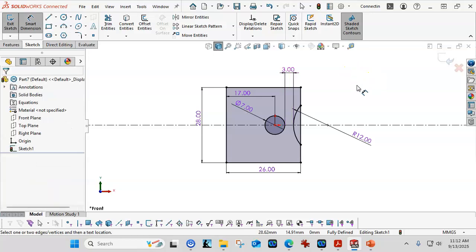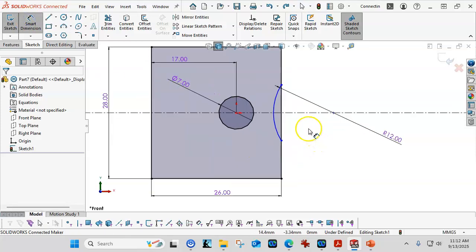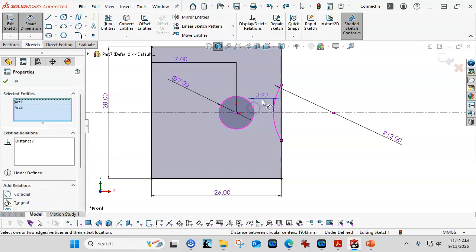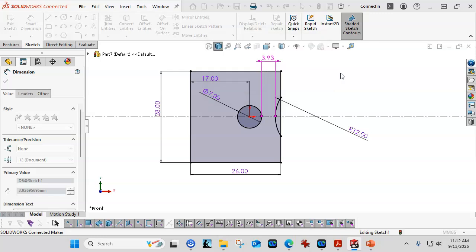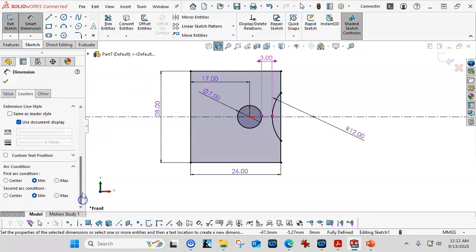All right, the shortcut, should you decide to go that way, is that when you are applying the dimension, if you hold down the shift button, it will go min, min, or max, max, min, max, whatever you're telling it to do, and you end up with the same result just a little bit quicker. You don't have to go to the leaders, don't have to scroll down if it's not showing, and get to the min condition. At any time, once you've applied